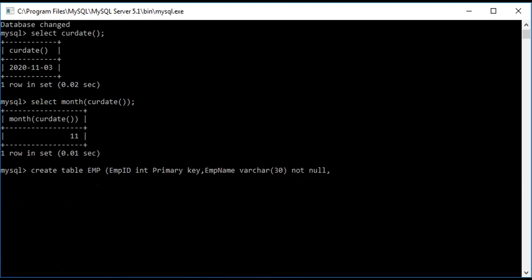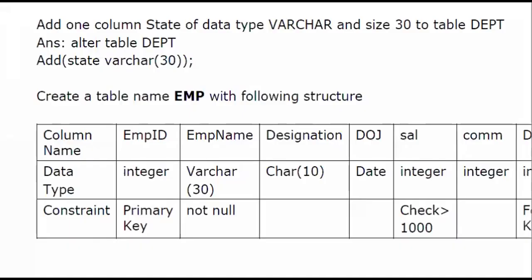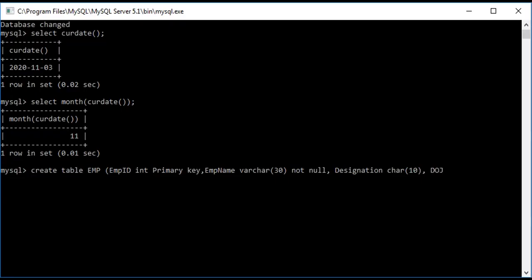Next is designation, char 10 is the size. Designation, and the data type is char and the size is 10. Next we have DOJ, and the data type is date.